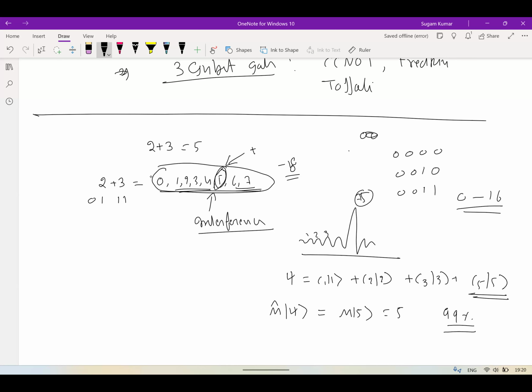So when you do the measurement, you will get result 5 as output. Superposition still exists, but through interference, we have to enhance the probability of the right result. If the probabilities of all of them are the same, then it is no longer useful, because when you do the measurement, it will collapse into any of them with equal probability.